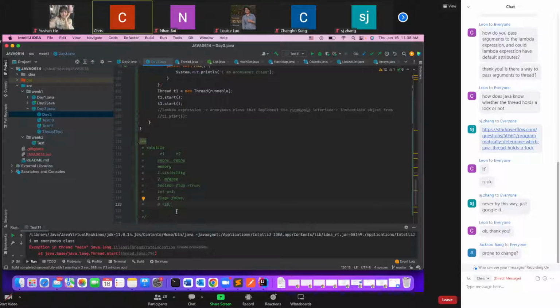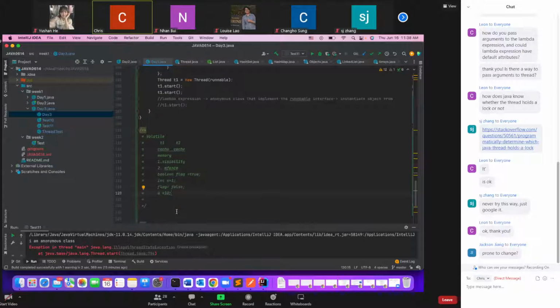And if you do not use volatile to provide the memory fence, the JVM optimizer might reorder your code. Those statements, the optimizer might move this a equals 10 prior to the flag equals false